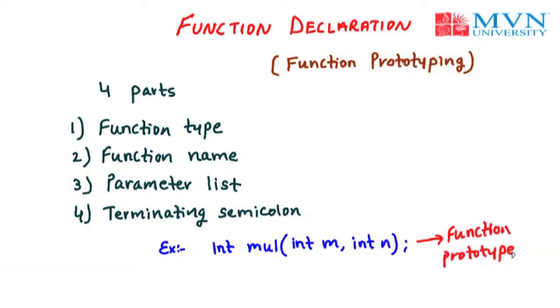When we define the function, then also we write the same line at the top of the function, but that is without the semicolon. That line is known as the function header. But if we declare a function before its use, then explicitly we have to apply a semicolon after this line, and this line is known as function prototype or function declaration.